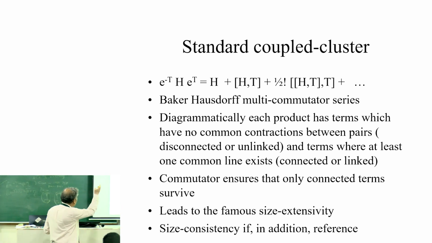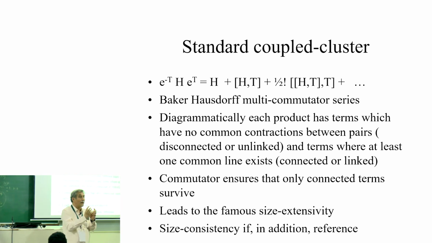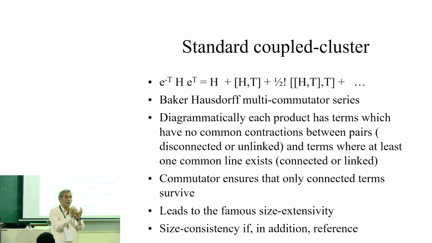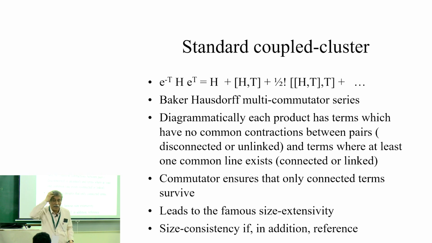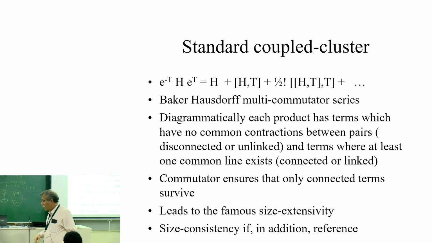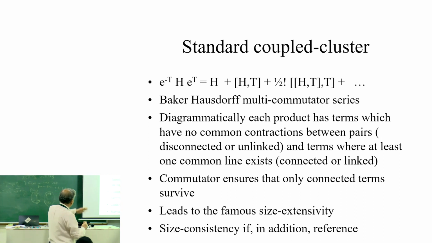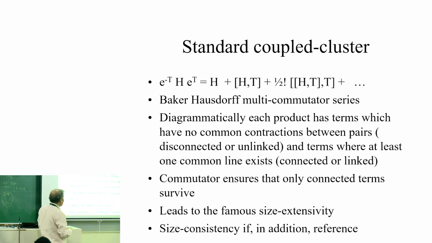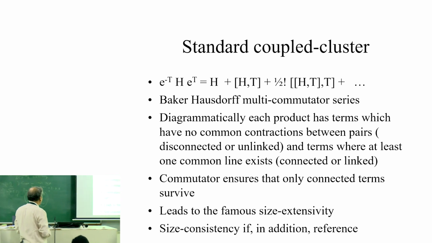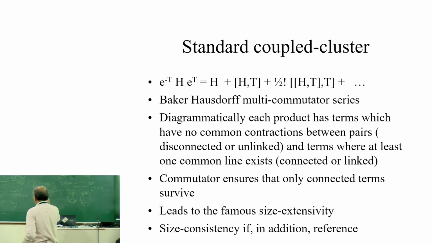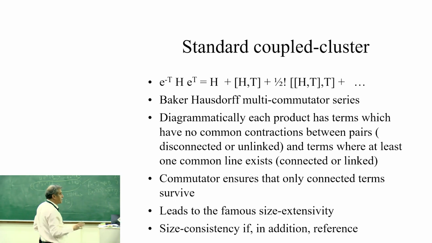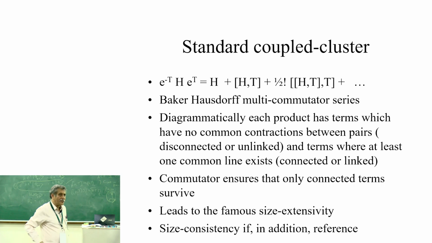And eventually it is not even an infinite series, because H has only a certain number of amplitude lines. It is a two-body, two-particle operator. So not too many T's can get connected. And the T's cannot get connected among themselves, because they are all whole particle excitations. Their connection is also not possible. They all have to be connected through H. So there is a serious limitation. So it is hardly an infinite series. It looks like an infinite series, but in actual practice, when I do the equations from phi 0 to phi star, it will not be an infinite series. So CCSD fully truncates. Okay, so it's not an infinite series.